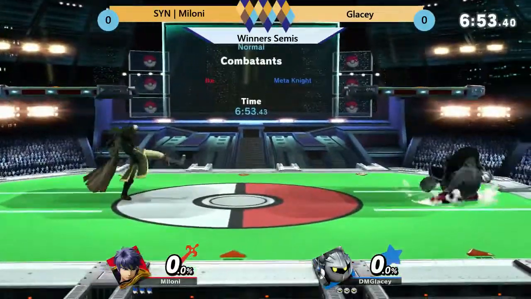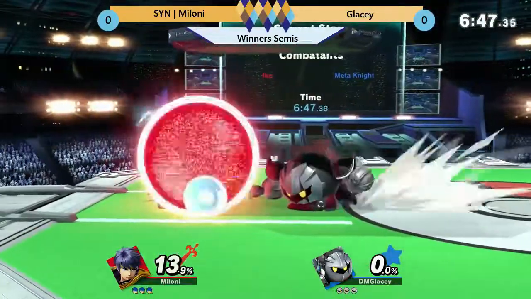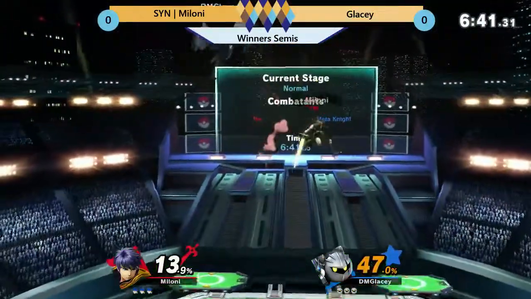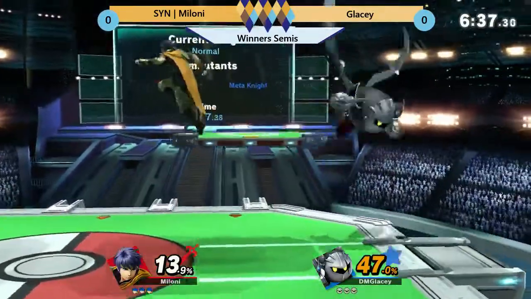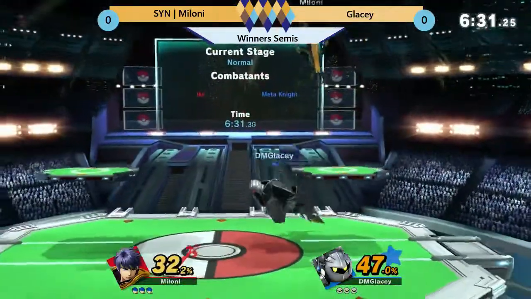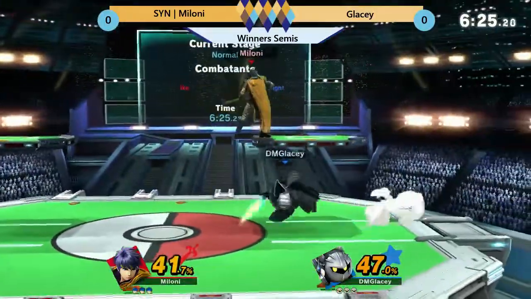Now, Glacey likes to alternate between reads and then just score in nice up close combos. Yeah, it's all kind of read dependent for him, though. Problem is, Miloni's a good reader as well. Yeah, and we'll see. Glacey here is giving Miloni a lot of respect and really watching his approaches and trying not to get caught, because catching your approach one time can lead to such a big string of damage,